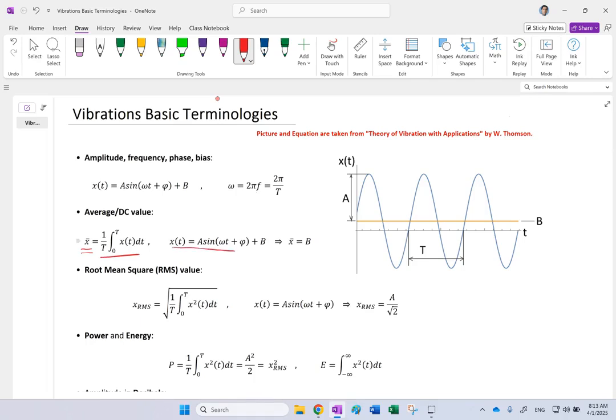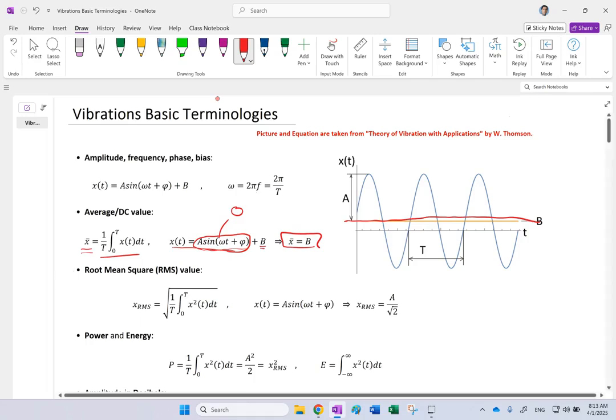Now, if it's a sine function, the average of a sine function, even if it has a phase, is always 0. But if you add a bias b, then the average is going to be b. Okay, and that's exactly what you can see. Your signal is going above and below b, and your average is b in general. Okay, so the average shows how much your signal is shifted along the